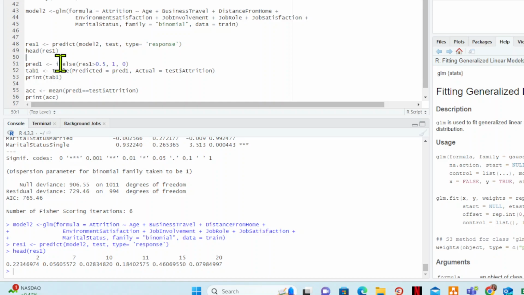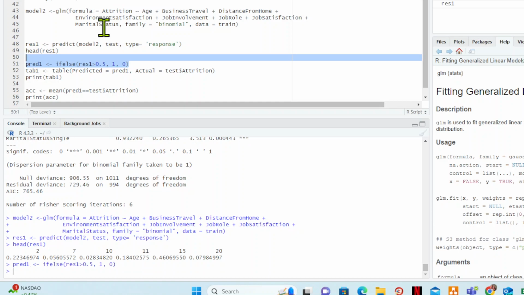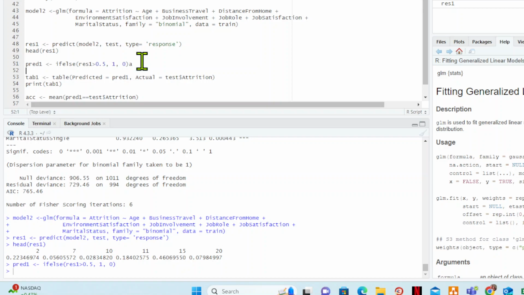So I'm going to say the prediction one is if else: if the result is greater than 0.5, I want it to be 1, otherwise I want it to be 0. So I'm going to get rid of those probability numbers down there, and I'm going to make a 1 or 0 out of it. So if you actually looked now at, if I did a head on my pred 1,